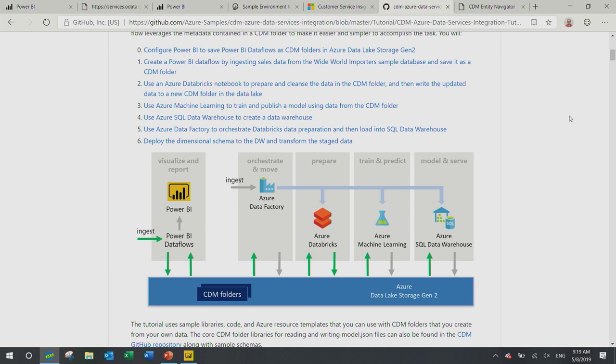so that if you were to do the same tutorial, let's say 3-4 months down the road, you would do even fewer manual steps. The idea is that we have more and more built-in functionality across multiple different services that take advantage of the metadata, that natively produce the metadata on all the steps that you do, so that you, as a data engineer, as a business analyst, as a data scientist, spend less time on the repetitive tasks where you create data frames, and spend more time focusing on, okay, what is the insight? What does the data tell you? What is the machine learning model? What did it find? You spend your time on creating business value. And so with that, let's switch back.